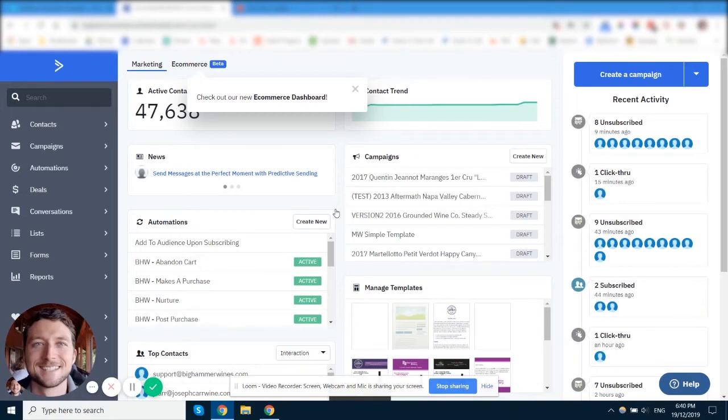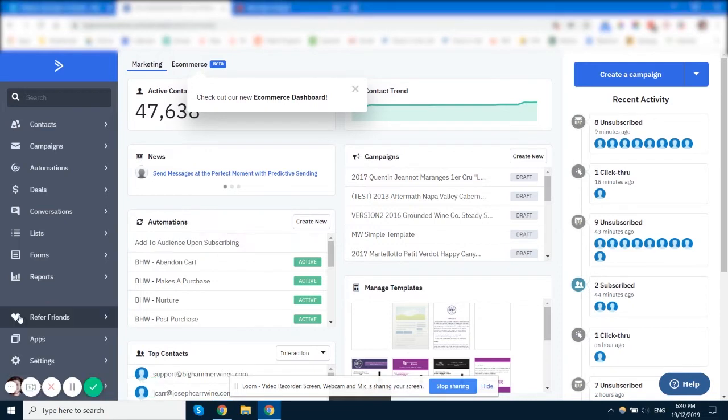Today we're going to be looking at ActiveCampaign's Facebook integration, how to set it up, and how to use those custom audiences in ActiveCampaign. So first things first, let's set up our integration. To do that, you need to go to the settings page,